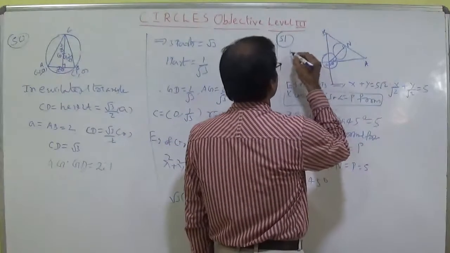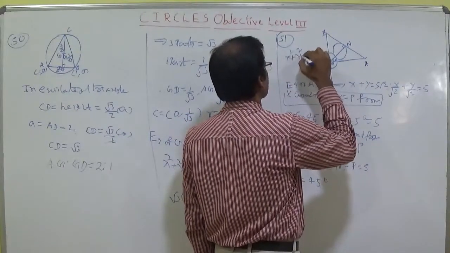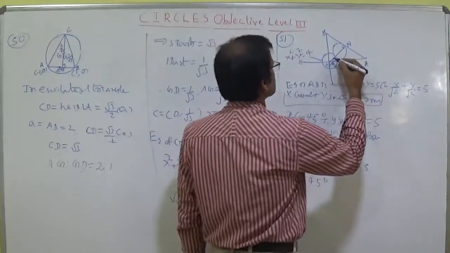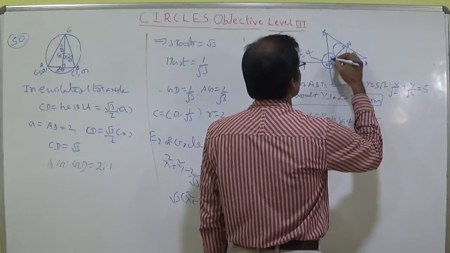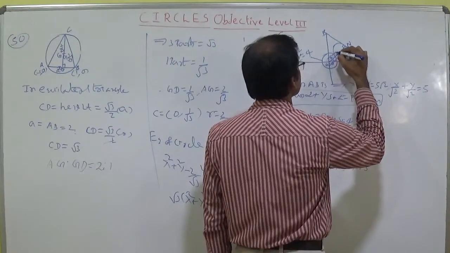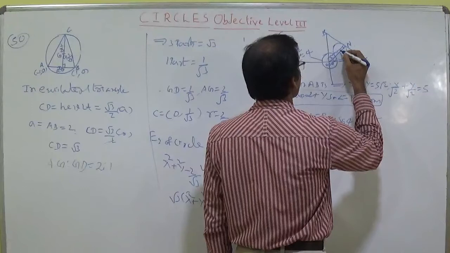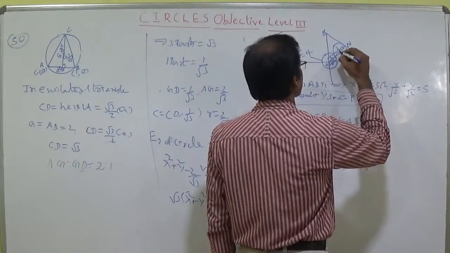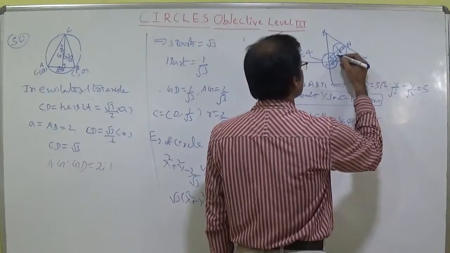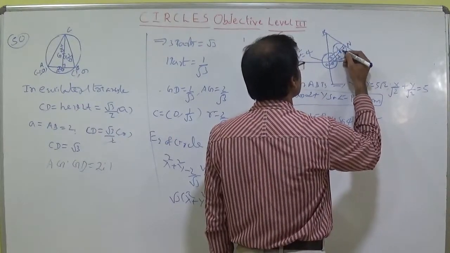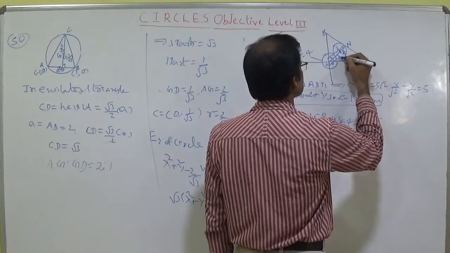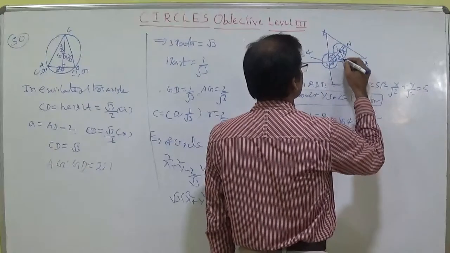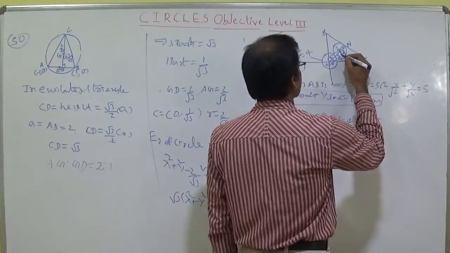This circle is given as x square plus y square equal to 4. This is the given circle. Radius of that circle is 2. Full distance from center to ON, full distance 5 is given. So this is the total distance 3. So from this center we should calculate. You can put here 3 by 2 and here 3 by 2 because it is the center point. Let's go here and put a point Q here.